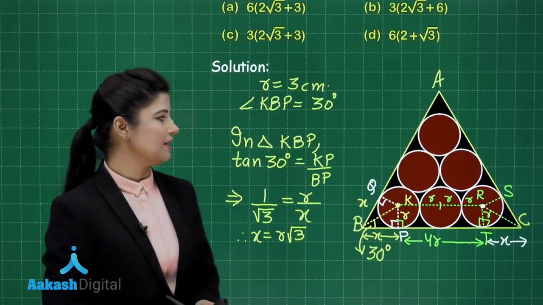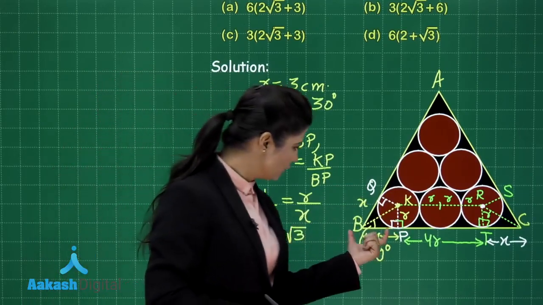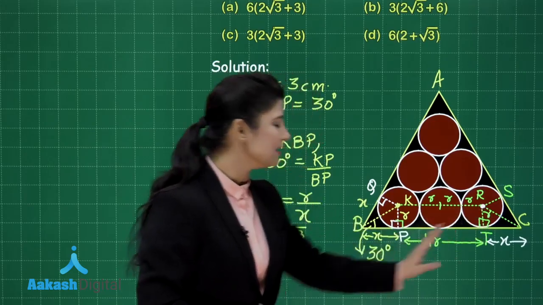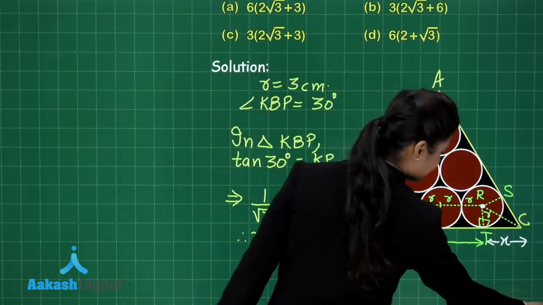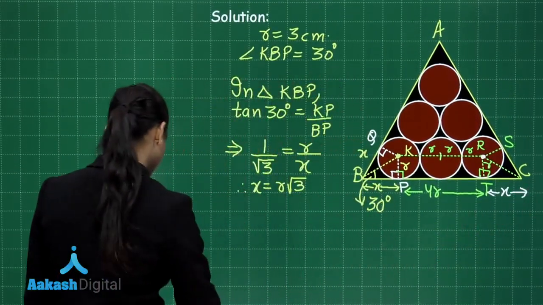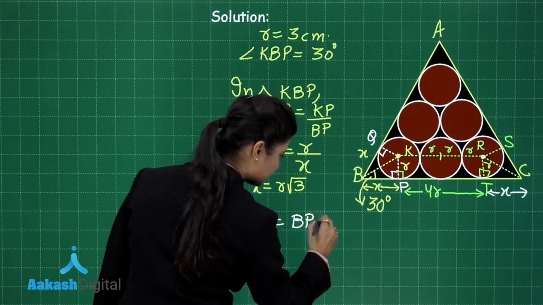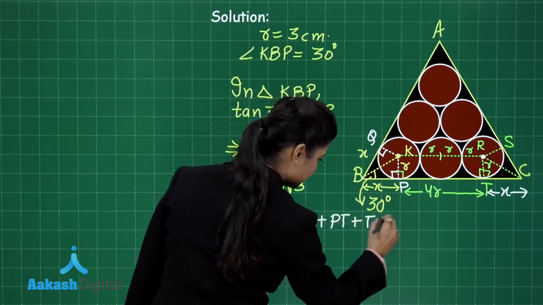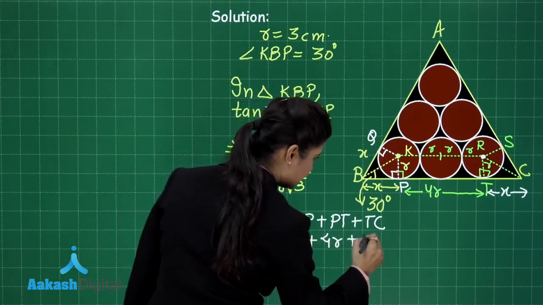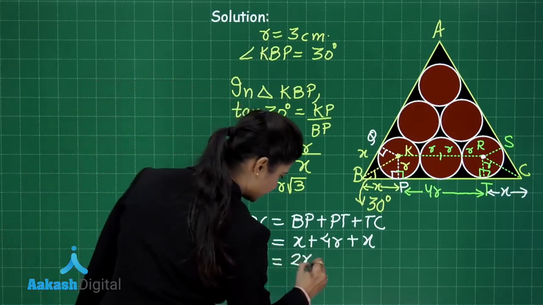So I am sure now you are totally clear about the length of the side of this equilateral triangle ABC. Here it is equal to BP plus PT plus CT. BP is x, PT is 4r, and CT is again x. So if I just add all these three to get here the length of the side, then what will that be? I could clearly write that in this scenario, here BC will be equal to BP plus PT plus TC, alright. Here BP is equal to x, PT is equal to 4r, TC is also equal to x. That is 2x plus 4r, isn't it? So this is 2x plus 4r.